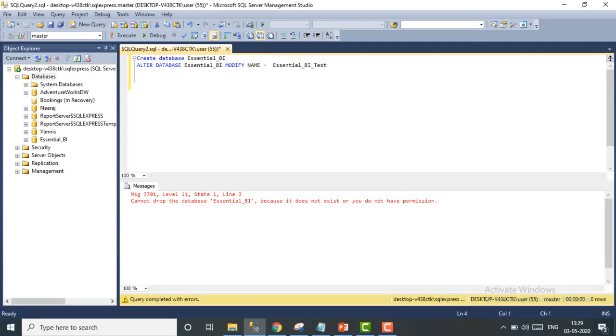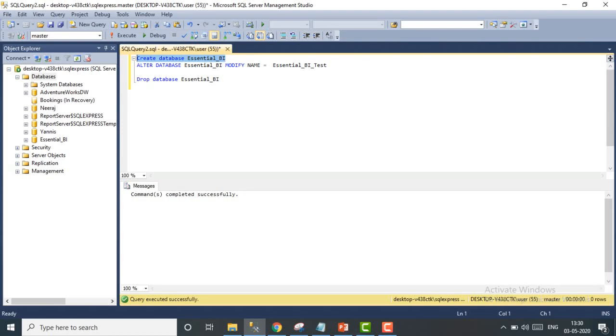First of all, I have written DROP DATABASE and the database name. Why am I doing this here? Because we have already created that database from the wizard method. So I have written a command here.